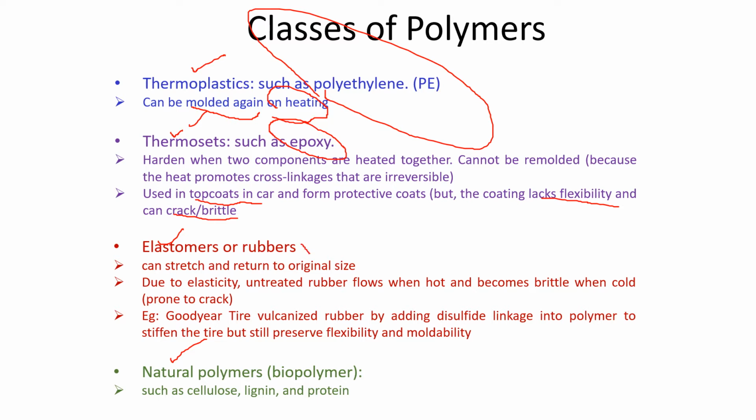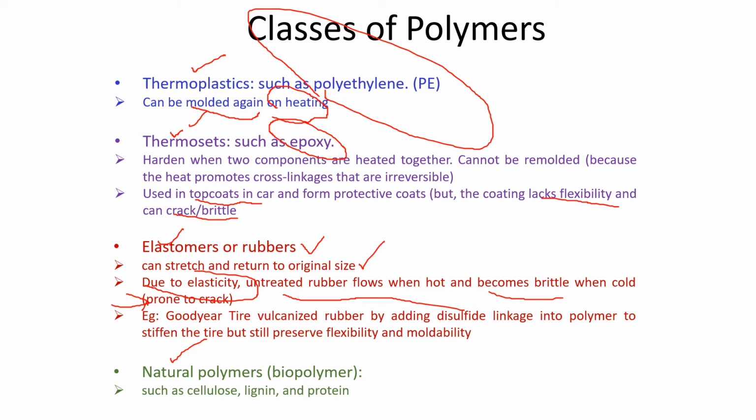Okay, and then we have elastomer or rubber. It can stretch and return to original size. Because of this elasticity, untreated rubber can flow when hot and can become brittle when cold, and this means it is prone to crack. That's why the rubber used in our car tire, especially when the tire is a fake one, can be brittle and then it can explode upon hitting the